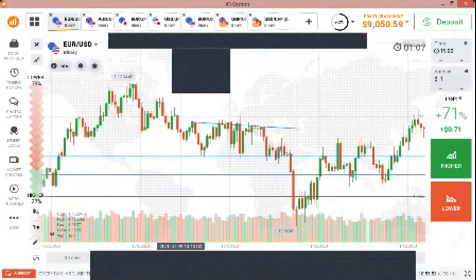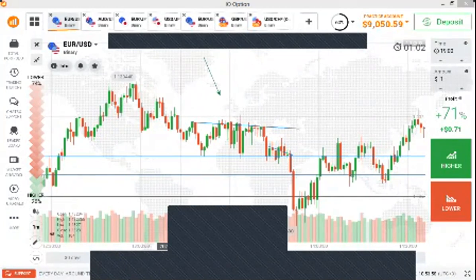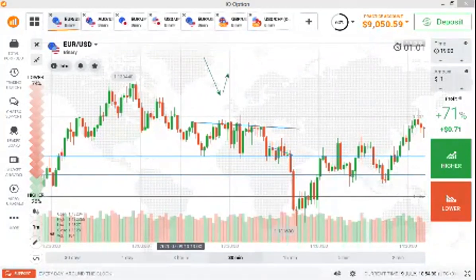Because this is a downtrend, you want to follow it. The market always moves like this in a downtrend. Now, to follow this downtrend in this kind of situation, you have to observe how the candle is reversing,